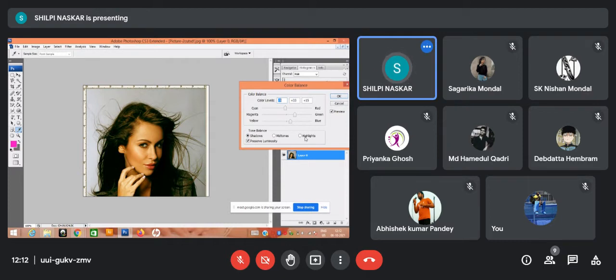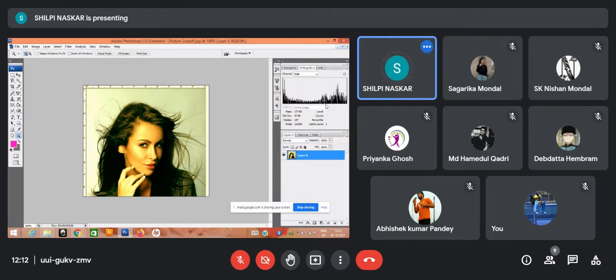In the highlights, I am making it a little bit yellow. See, it is altogether different from whatever was in the input. Should I undo it? See, Control Z, it was this kind of input. And after doing the color balance according to my wish, you have already seen the output.